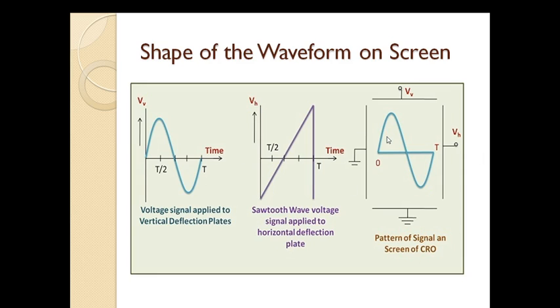It's like your electron beam is a pen, it writes on the fluorescent screen. So if I move my pen only in the vertical direction, I won't be able to write any word. So I have to couple my vertical deflection with the horizontal deflection to trace the signal on the screen. Similarly, if I give a sine wave to be displayed on the screen of the CRO only to the vertical plate, it will create a vertical line, only the vertical deflection, since I am moving my electron beam only in the vertical direction. But if I give a sawtooth wave along with the desired signal to the X plates through the time-based circuit, the combination of these two will yield the pattern on the screen of the CRO.